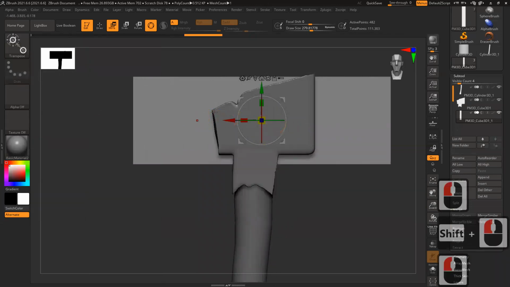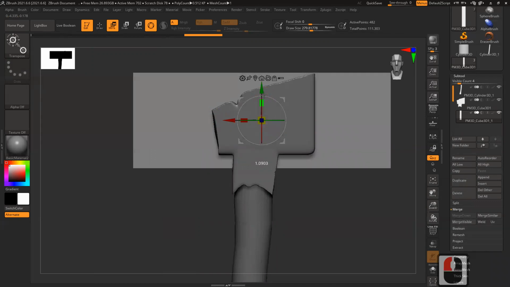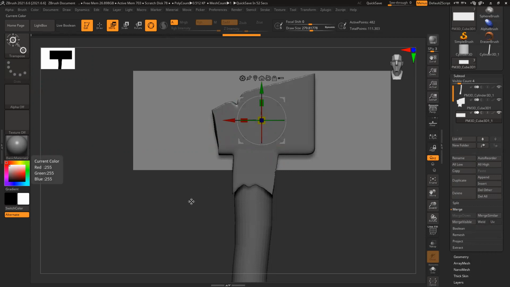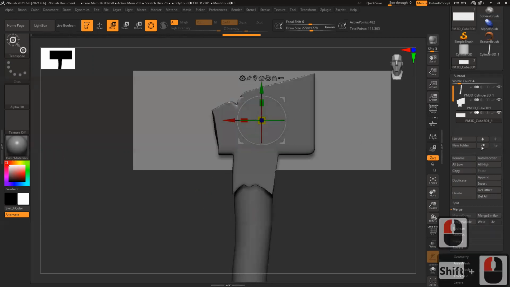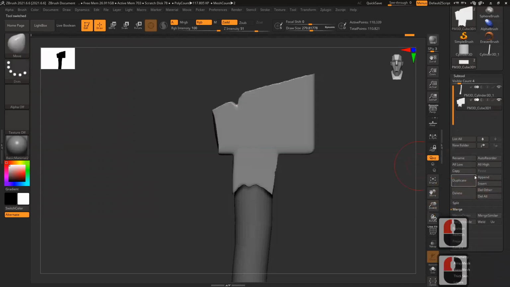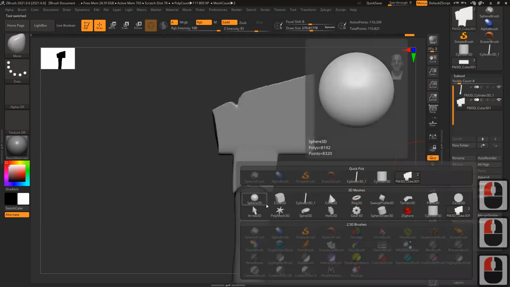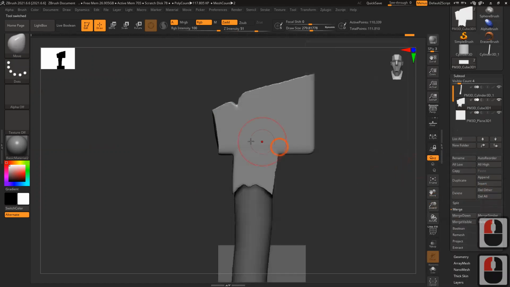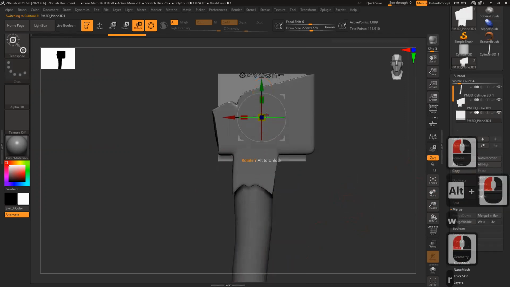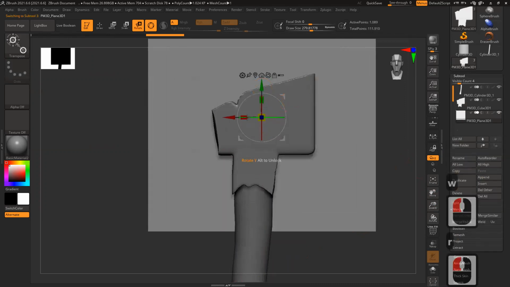Scale, and keep it slightly wide because I can narrow it down very easily. And this thing. So now the basic structure is ready. This is one way I can do it, or there is an easier way: delete this, append a plane instead of a box. Append a plane, W, keep it here, scale it.